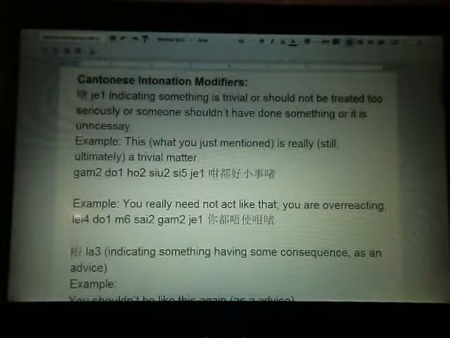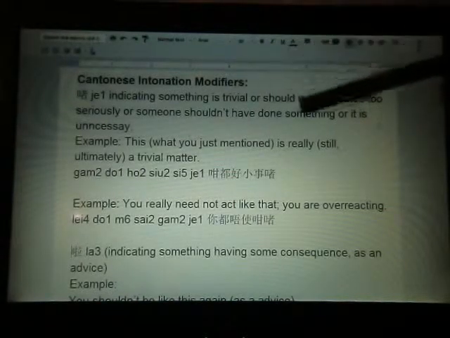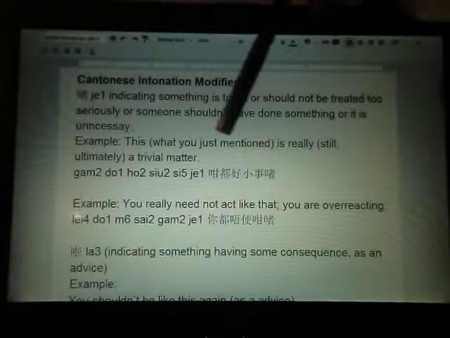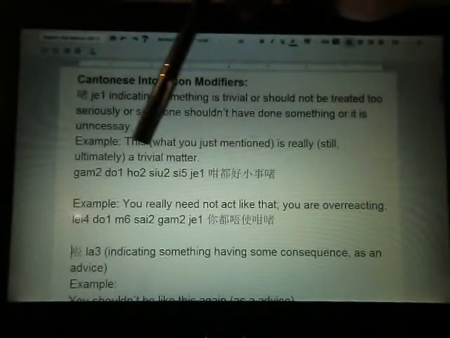The first word I'm going to talk about is 啫, which is tone 1. For example, you want to say this is really a trivial matter. So 啫 actually is an indication of something that is not very serious, which may not be necessary, which may be even trivial. So this is really not a serious matter. So how do you say it? So this 咁